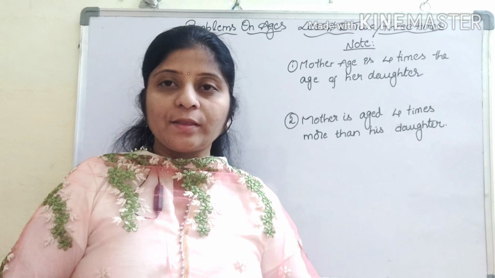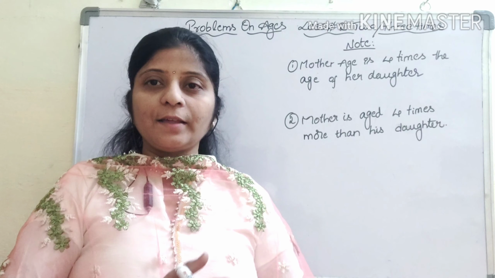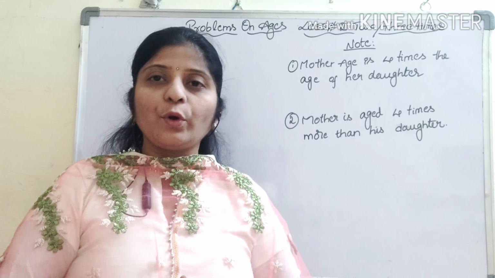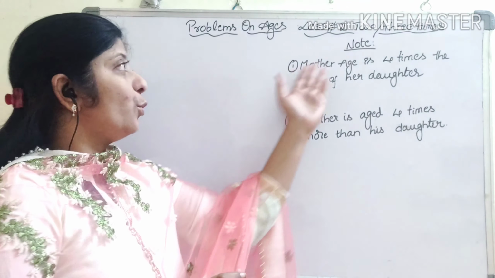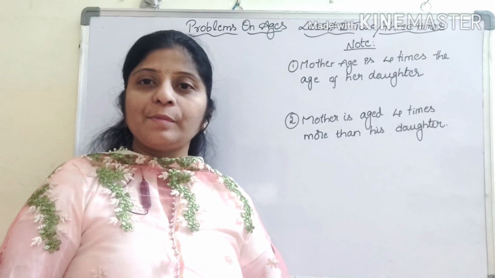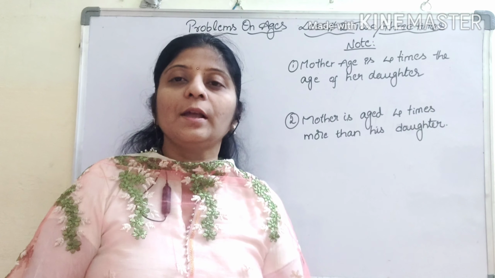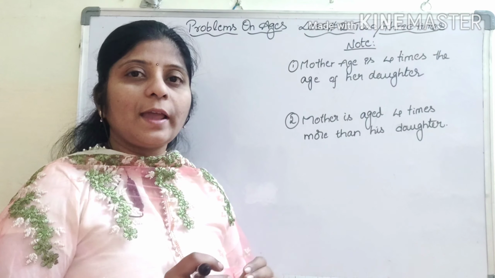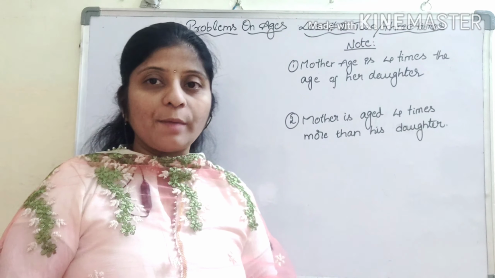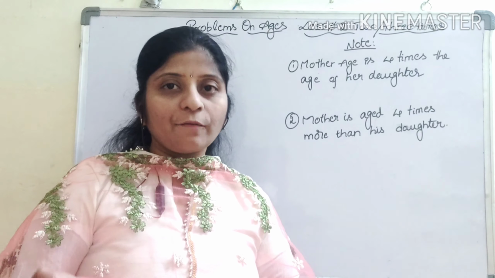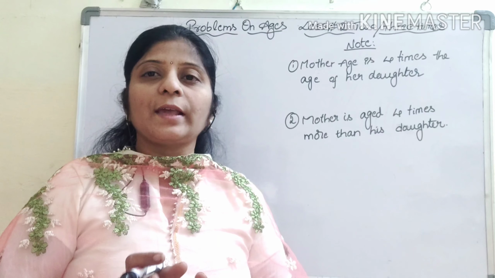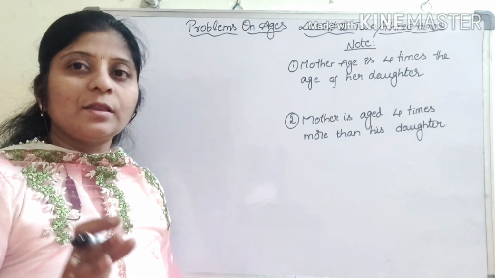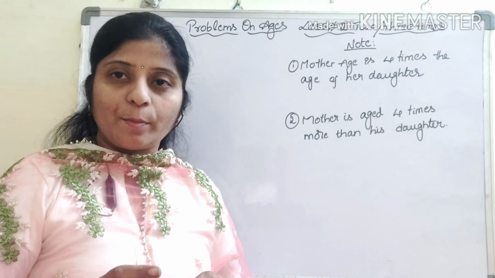The problems on ages will be seen in IT sectors and many competitive exams. Maximum students make mistakes when doing 2 times age, 3 times age, 4 times age problems. For that, we have a note here. First, we will see the different problems, the number of times of the ages. In this lesson too, we will see these types of problems. First, we will see two types of questions which we will face in the examinations.